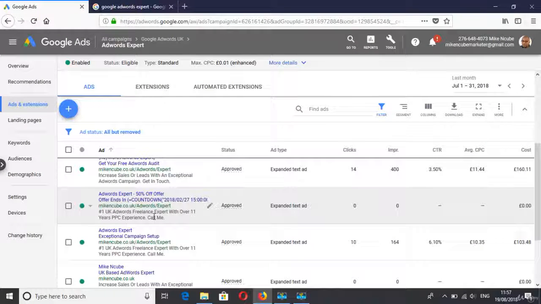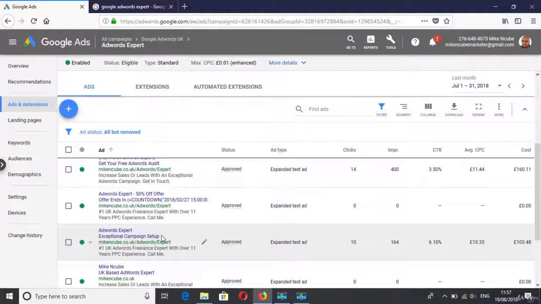So in this video we'll be talking about the structure of a Google text ad. Now Google in the last 2 years has updated text ads from standard text ads to expanded ads, and you can see the expanded ads in this ad group for my campaign. So you can see headline 1, headline 2, the URL, and some keywords in there which form a display URL